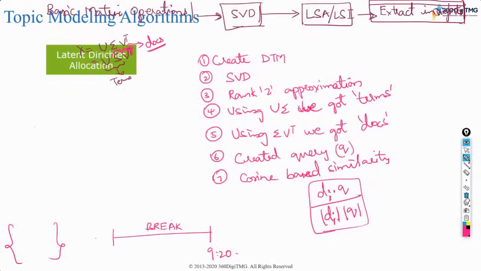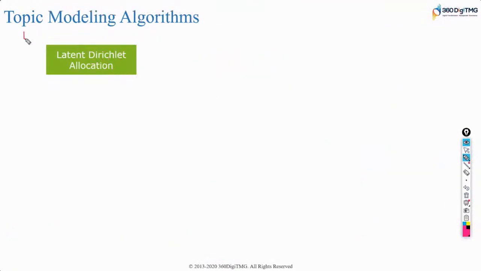When it comes to LDA, we use this because usually LSA is prone to overfitting. After you have trained your model and you add new and new documents, your model starts overfitting.